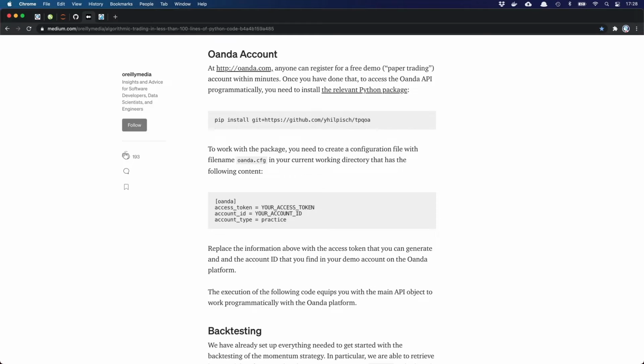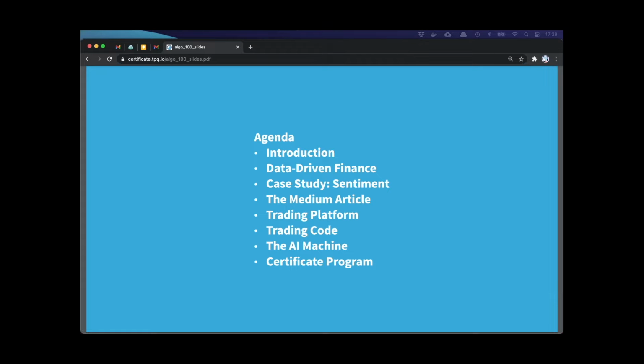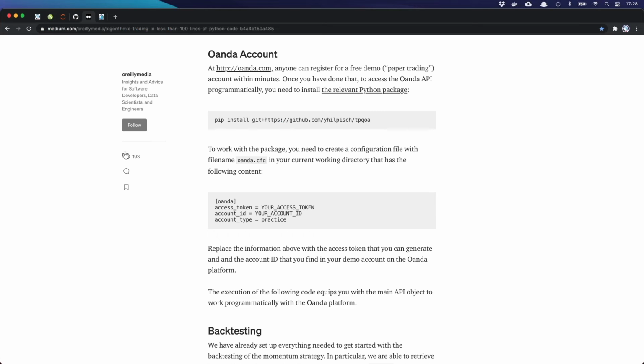Oh, sorry, maybe the screen is not yet showing. So let me, maybe, I was told that the screen is not showing. There's sometimes a mess up when you have multiple screens. So I hope that the screen is now showing. Maybe someone can confirm. Yeah, it's good. Great, excellent.